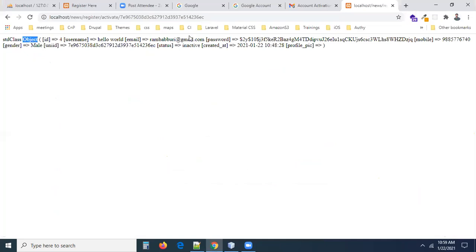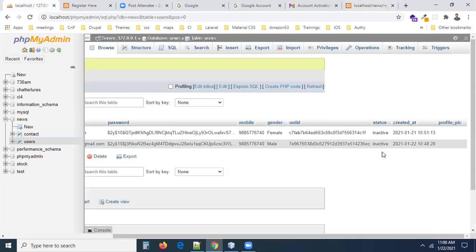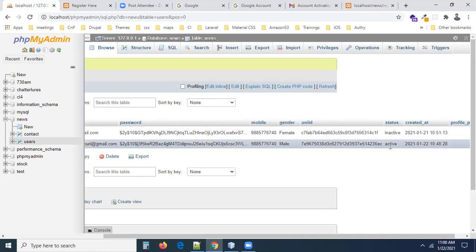Now, can you see, guys? Let's assume the user has clicked the link. He is on the page. Can you see? Account activated successfully, please log in now. If you click a second time, it is going to give you the message that your account is already activated. You can go and check the DB, refresh the DB. Now you can see the status as inactive. Now I'm refreshing. Can you see the status of the user is active now? This is how things will work.